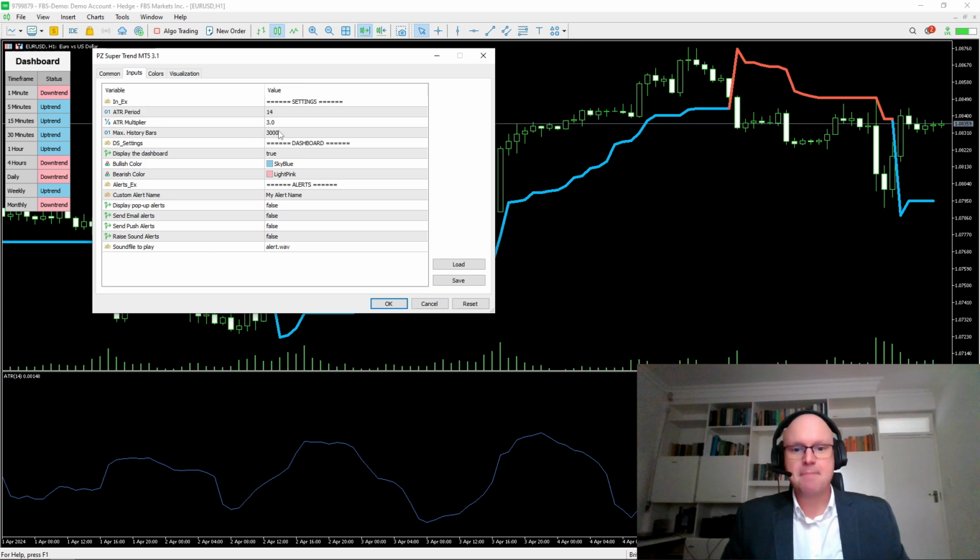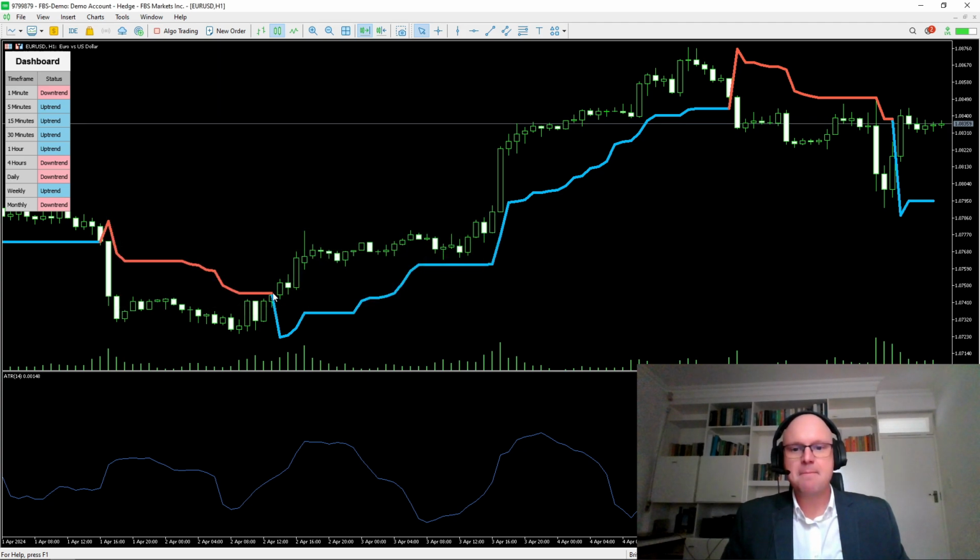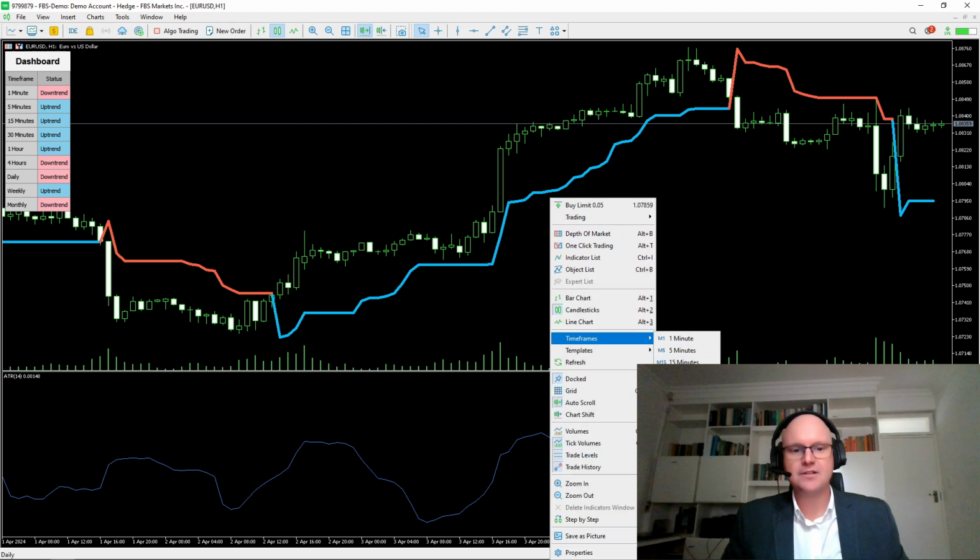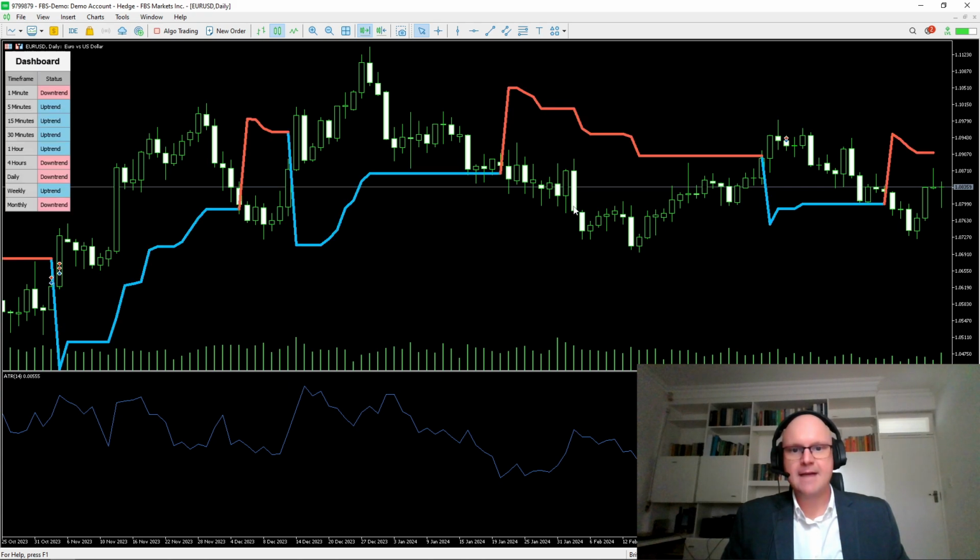Now, the Supertrend indicator is not without its limitations. Some of the main limitations are that it is a lagging indicator because it uses past data to determine the line. On top of that, it doesn't offer a lot of flexibility and needs to be combined with other indicators to get the best results. Unfortunately, the indicator is prone to false signals. So if we were to use different time frames, you'll see that there are multiple false signals if the market is going sideways. However, if the market is trending, the indicator is able to take advantage of trending markets,